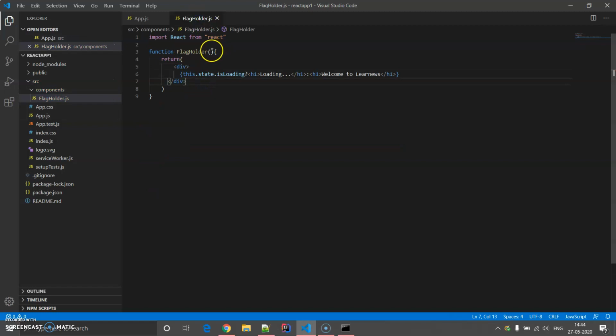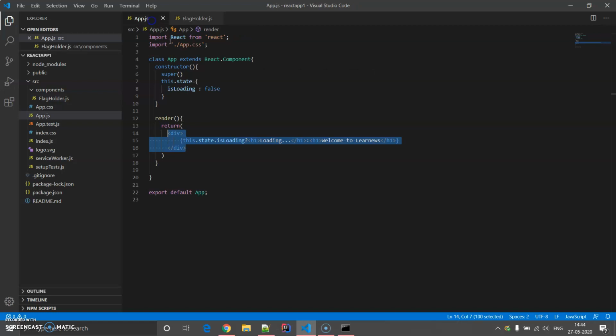Here this.state is completely absent, so we are going to take help of the props. We're going to pass isLoading as a prop, and in the name of isLoading, let's take value, and this value we are going to pass over here.